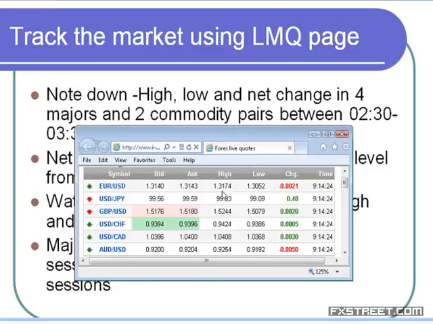you come across another important factor, namely the high and the low. This is the intraday high and the intraday low. From 0000 GMT, what is the low they are set, and what is the high they are set is shown in the live market code page. In this, you have to find out currently at what level the market is. So now euro is 1.313. And the high is 1.3174 and the low is 1.3052.